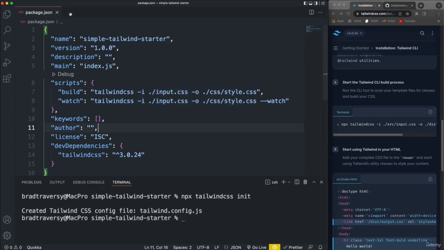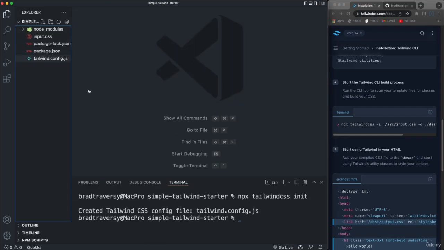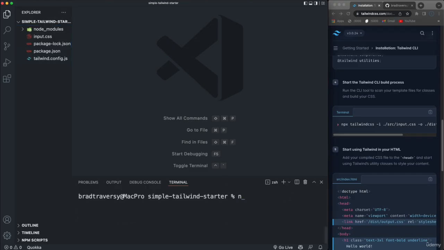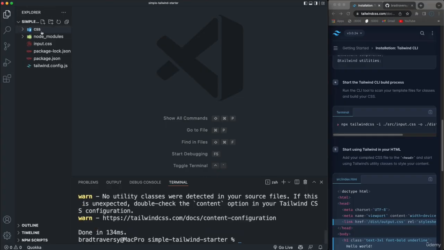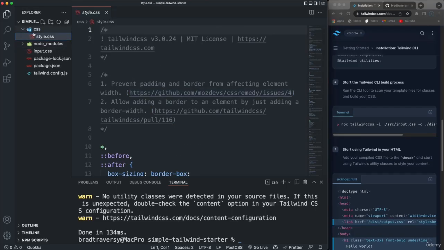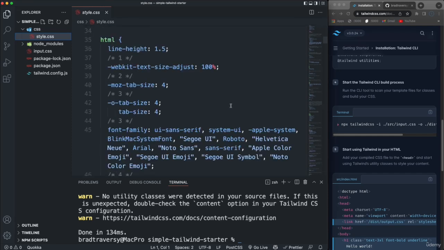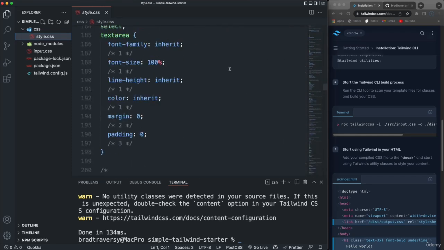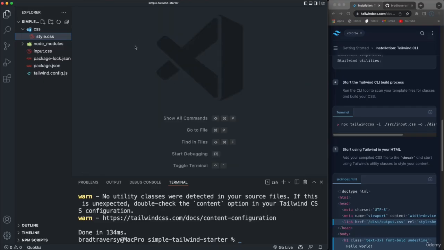So let's save that. And now I'm going to open up the sidebar here, because you'll see that when I run npm run build, which you should run as well, it's going to create a folder called CSS and then a style.css, because that's what I said in the script. All right, and you can see this is the Tailwind CSS file, so it has all this stuff in it. And that's what we want to include in our HTML file, which we don't have yet. So let's create that,